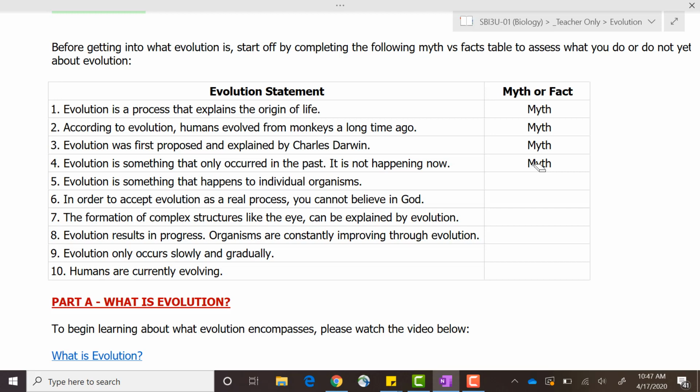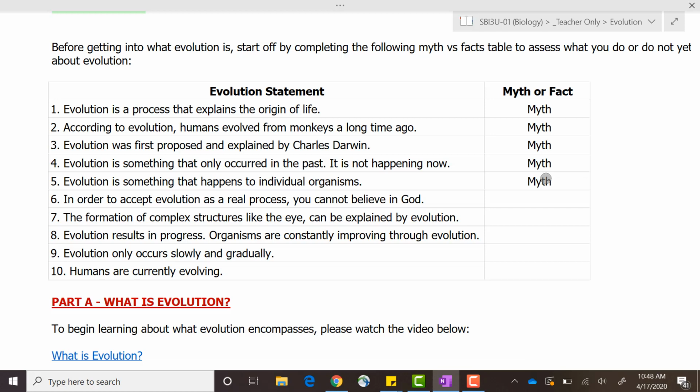So if Carl Jr. never passes on his 6 fingers and 6 toes, then there has been no evolution. It was just a mutation, and that mutation wasn't passed on. And most of the time mutations are actually going to lower the fitness or the health of an organism. But sometimes they can lead to beneficial traits, and that's something we'll explore more as we go throughout the evolution unit. So this is indeed a myth. The key is that evolution has to happen in populations. And again, you'll see that lower in the lesson.